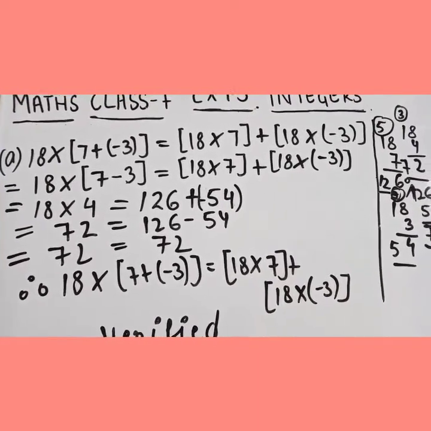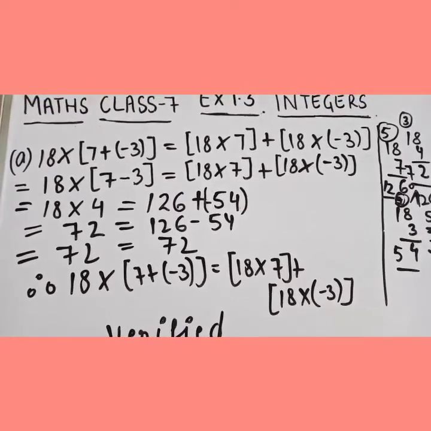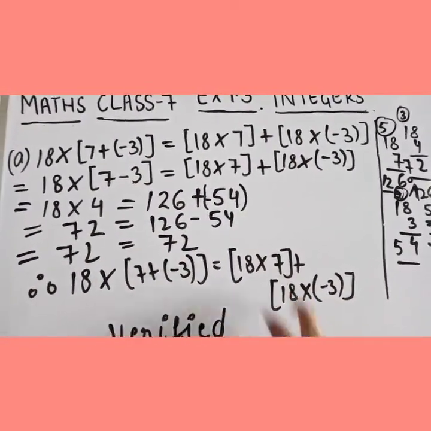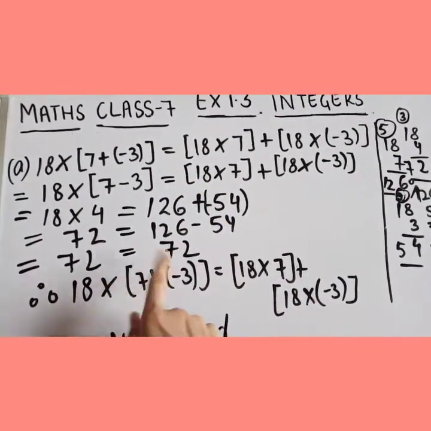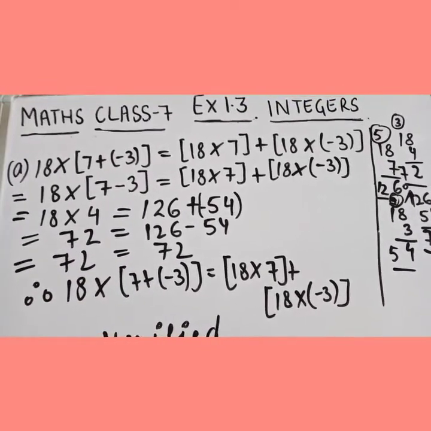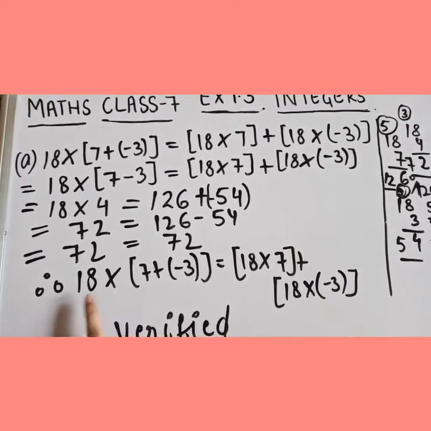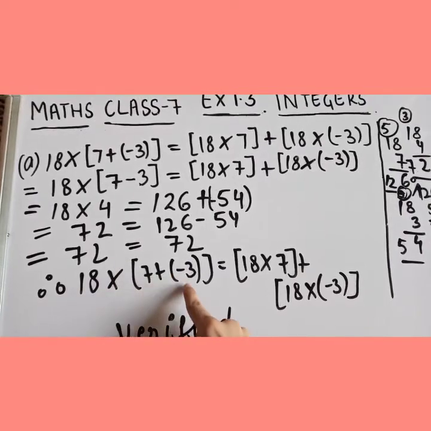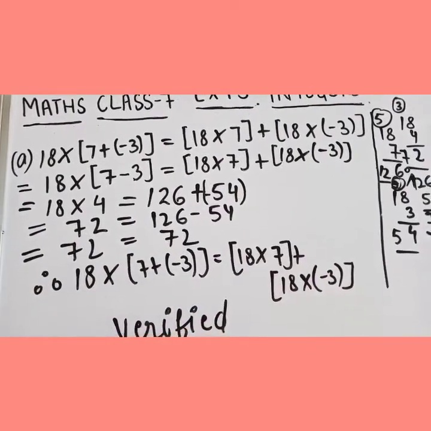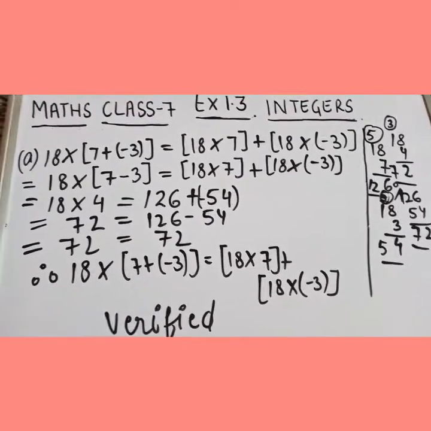So verify का मतलब मैंने अभी आप लोगों को बताया था is to prove. ठीक है, तो ऐसे ही आप लोग ये दोनों स्टेटमेंट्स को सॉल्व कर दोगे पहले, और एंड में जाके दोनों का जो आंसर है ना वो सेम आएगा. लाइक फॉर एग्जांपल ए पार्ट में भी दोनों का आंसर लास्ट में 72 आया था. एंड ऐसे वाले क्वेश्चंस के एंड में therefore 18 multiplied by 7 plus minus 3 equals to, मतलब ये पूरी सेम स्टेटमेंट लिख के ना, hence verified लिखना मत भूलना because that's very very very important.